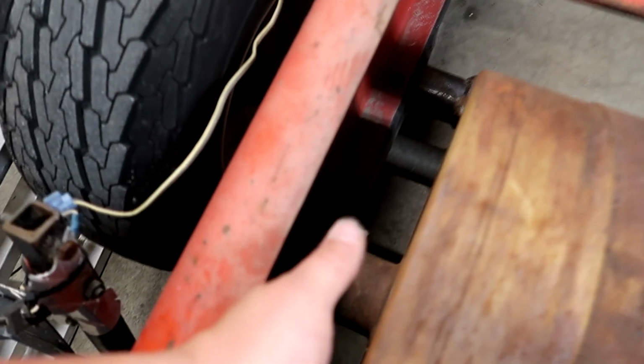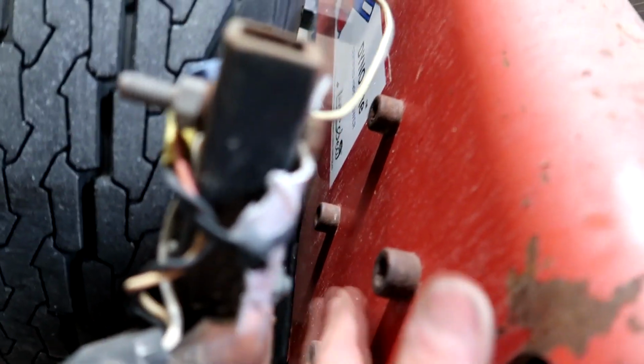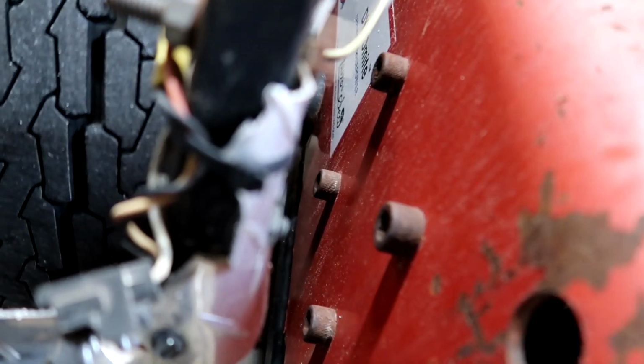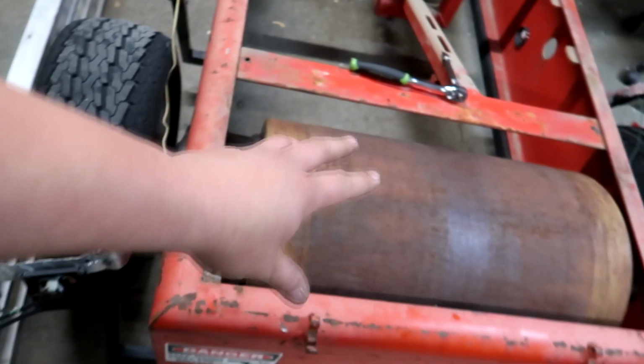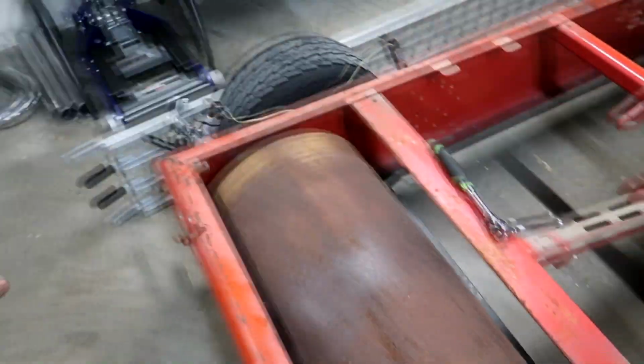This will work good because I can't access the end of the roller, unfortunately, on this, because as you can see, it's just steel right here, so you can't get to the actual end of the roller without pulling the whole drum out of the frame, which I don't really want to do if I can avoid it. So when I did this on the dyno at my shop,